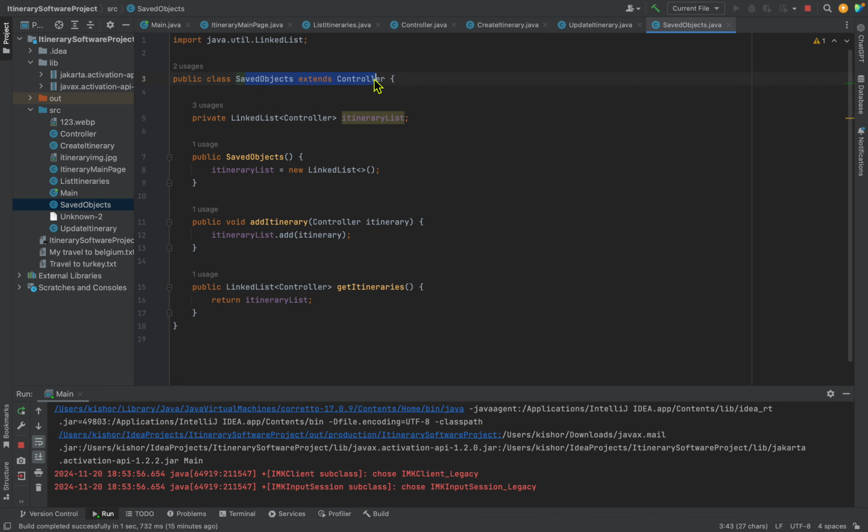Of course, this is using inheritance to inherit from the controller, so that we can use this method in a bunch of other classes as well. And that's pretty much